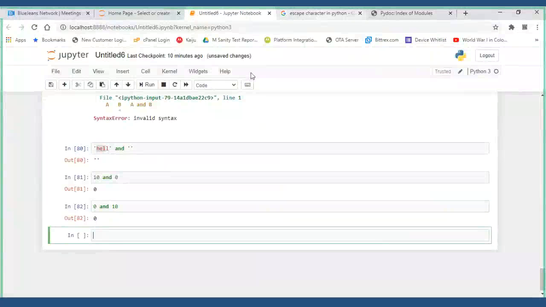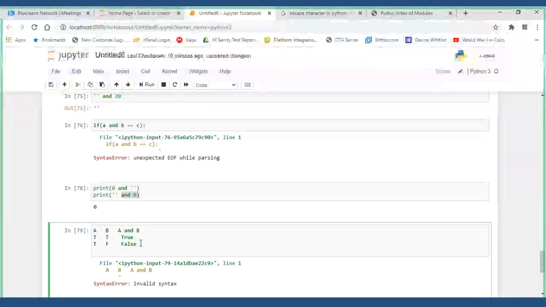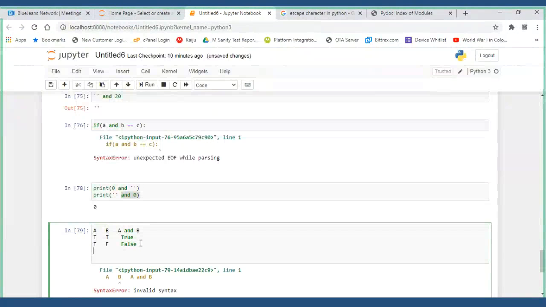So, AND operation, just remember that, true or false, both conditions should be true. Then only it will be true. False. 0 into 0, what will you get? False.